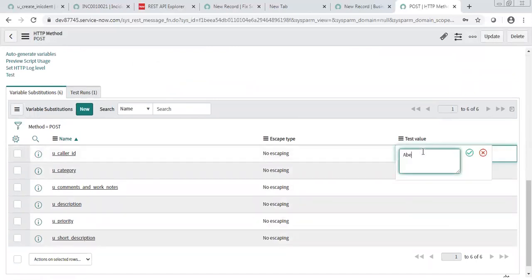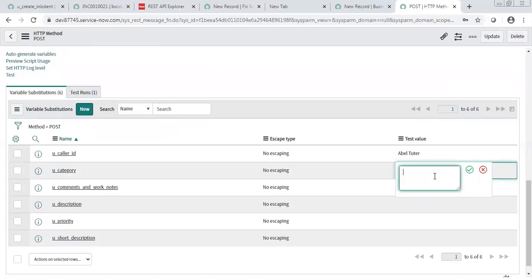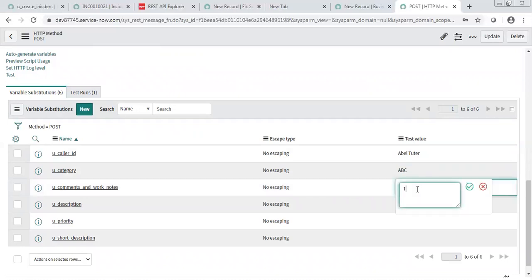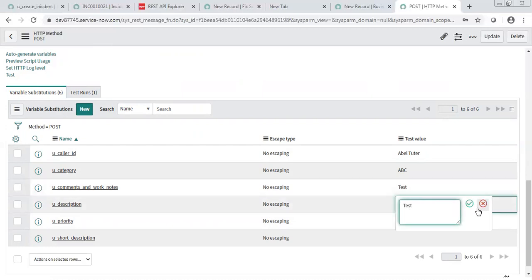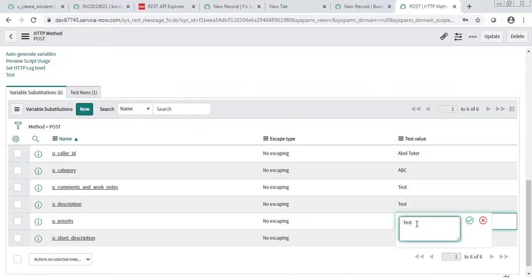Caller ID can be anyone, right? And then category I will pass here. We can write anything, right? Instead of a made-up name, it should be a valid user, right? But how will the other instance owner know what reference field?